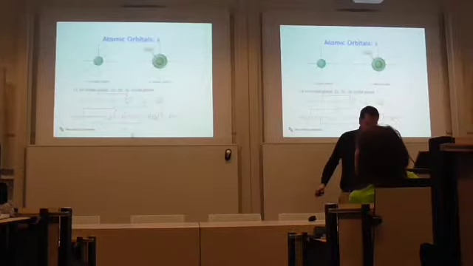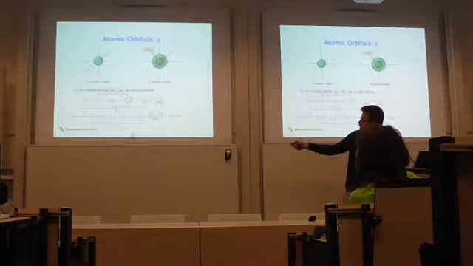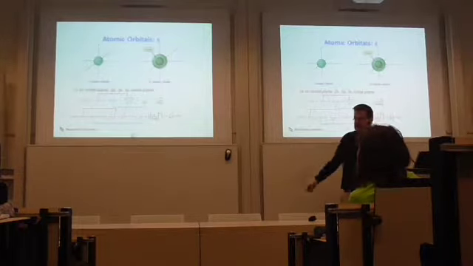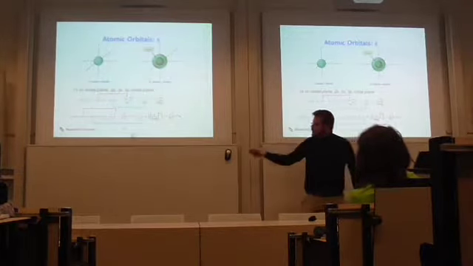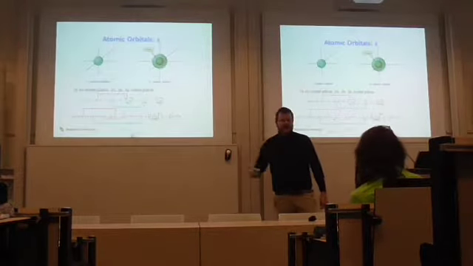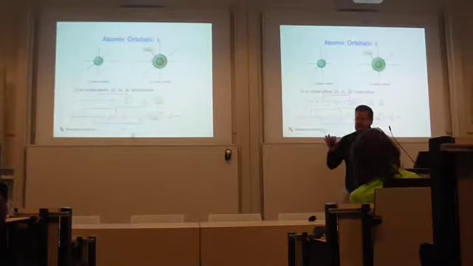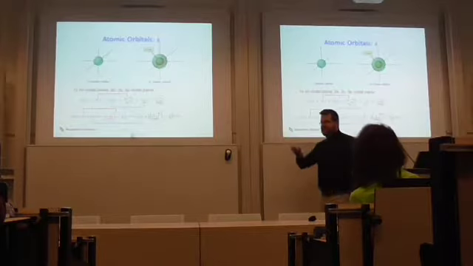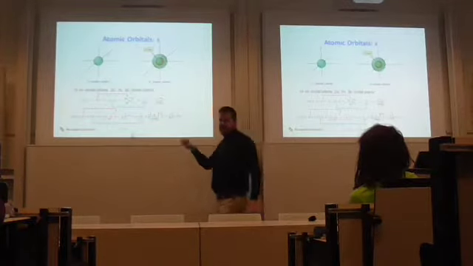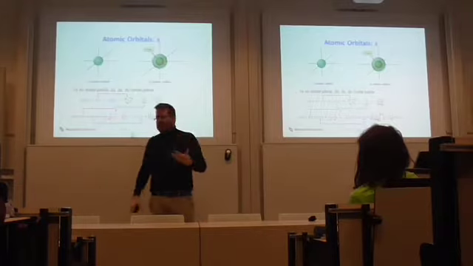And just to prove it to you, this is the function for a 1s, this is the function for a 2s. You see they're different functions, which are based on a radial and an angular component. That's not too important. I don't want to get stuck into the quantum mechanics of this. If you want to do this stuff, you can take a quantum mechanics course, but basically that's where I think